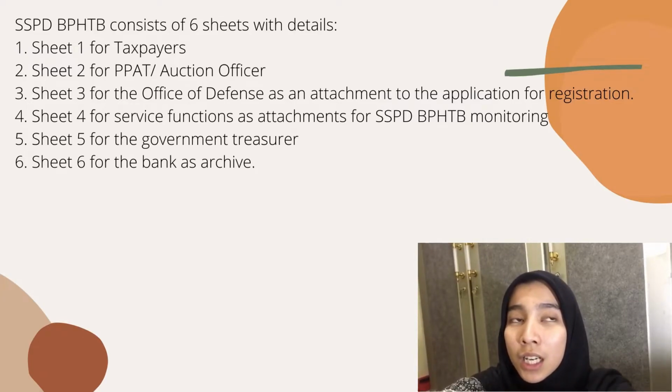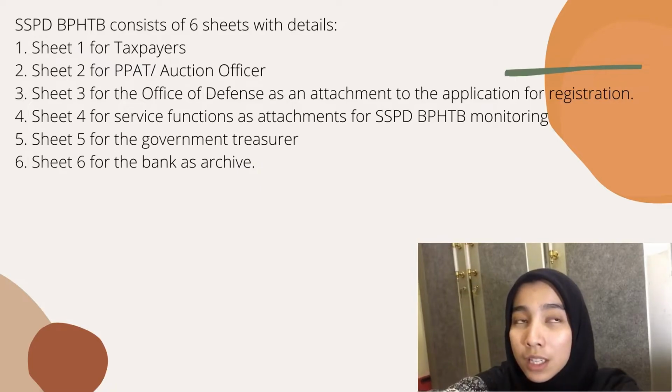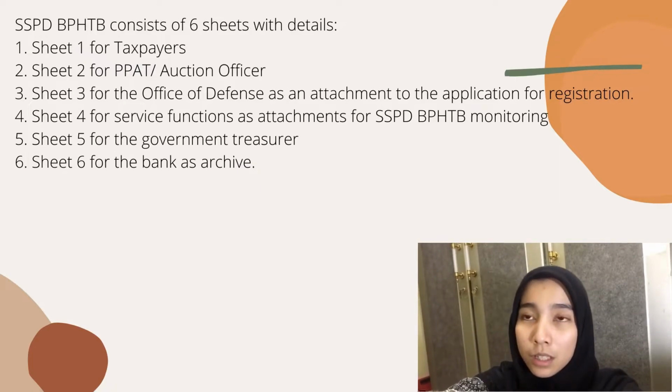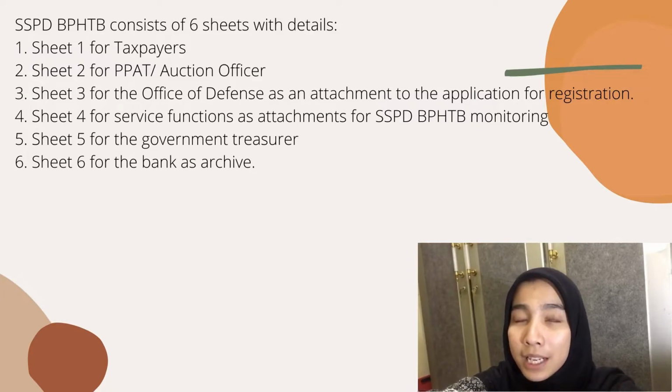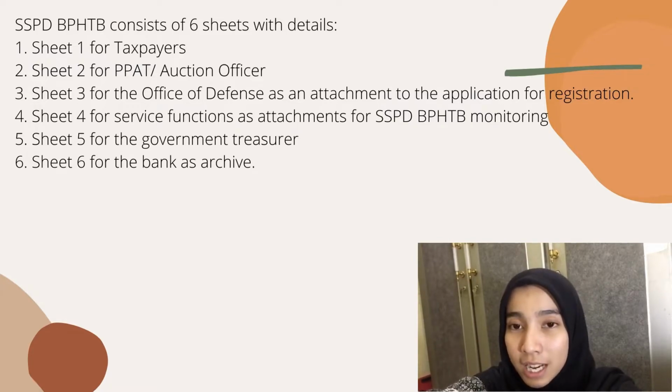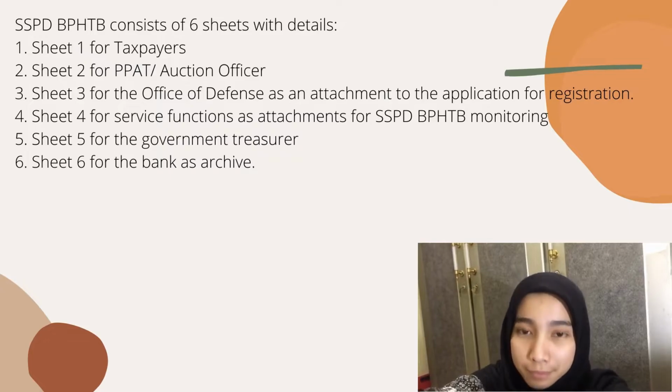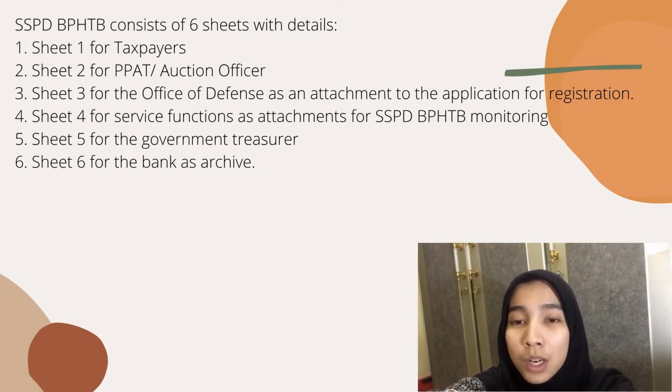Sheet 1 is for the taxpayer, as a receipt, to use when the taxpayer pays the land and building title transfer duty payable. Next, sheet 2 for